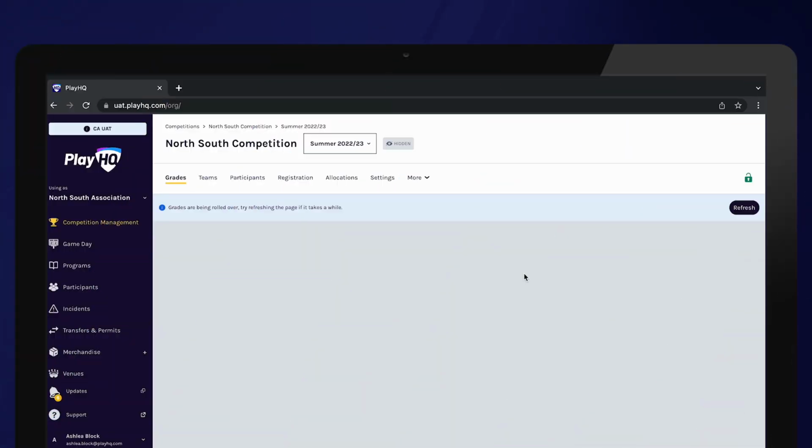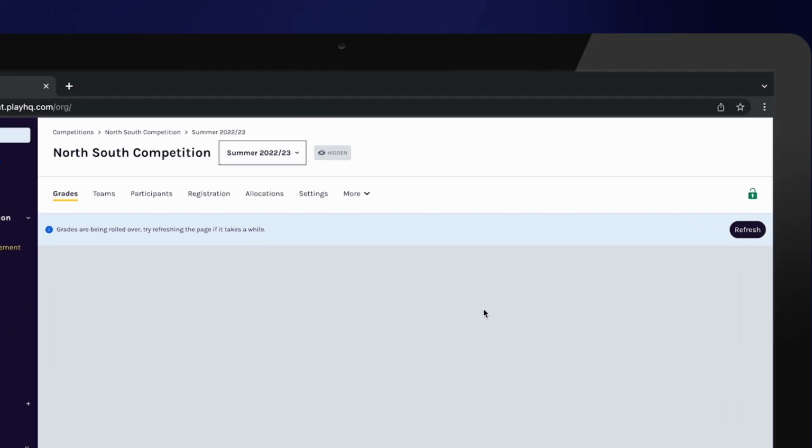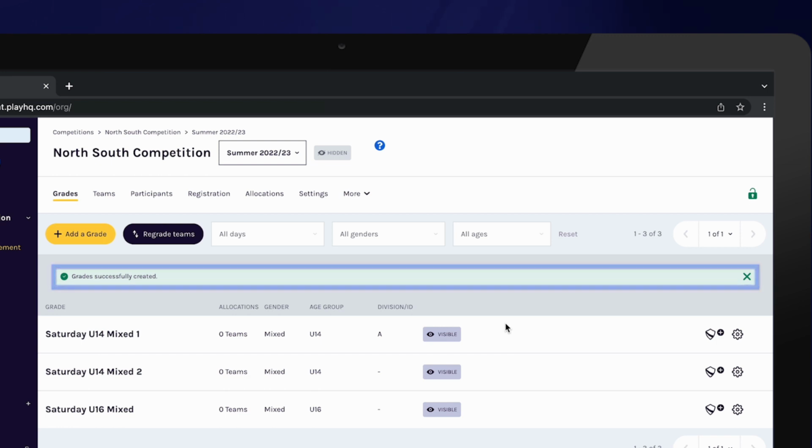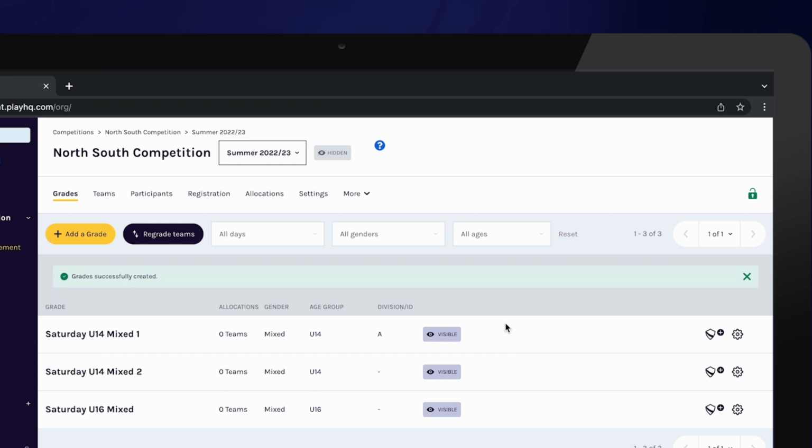Once the grade rollover has been initiated, you will be taken back to the grade list in the season you started the process from, and a message will appear stating that the grades are being rolled over. The page can be refreshed by navigating away and coming back or selecting the refresh button. If the rollover has been successful, a Grade Successfully Created banner will be displayed. If any settings within the rolled over grades need to be updated, navigate to the grade settings and update the